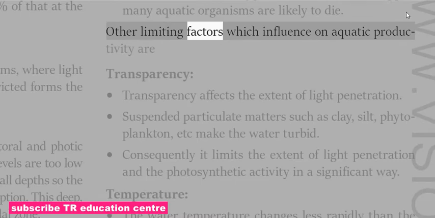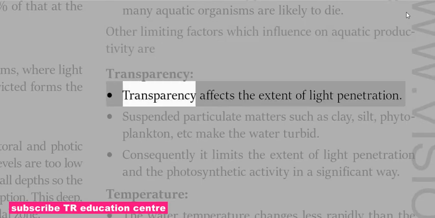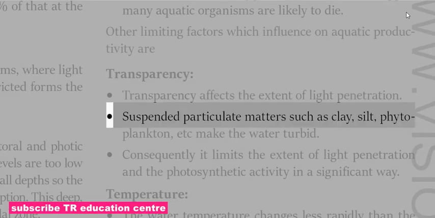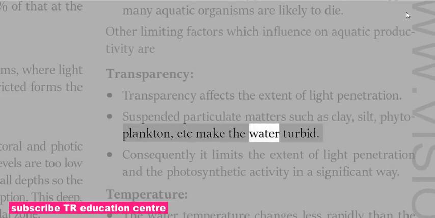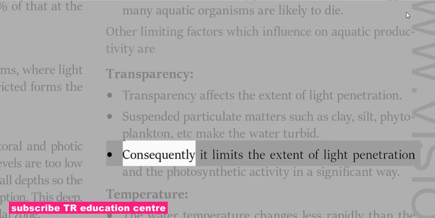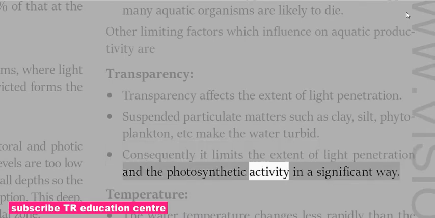Other limiting factors which influence aquatic productivity are transparency. Transparency affects the extent of light penetration. Suspended particulate matter such as clay, silt, phytoplankton, etc. make the water turbid. Consequently, it limits the extent of light penetration and the photosynthetic activity in a significant